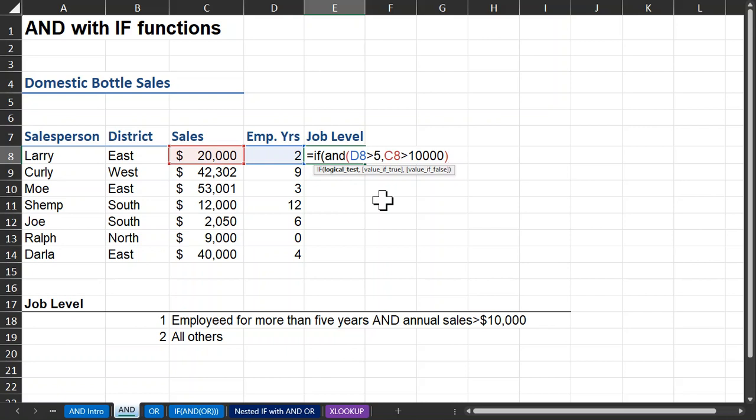So now if we hit comma, now we're on value if it's true. So this is true. We just want to display a 1. Otherwise, for all other situations, we will display a 2. And then we'll close our parenthesis and hit enter. And so then this person is a job level 2. And if I bring it down,